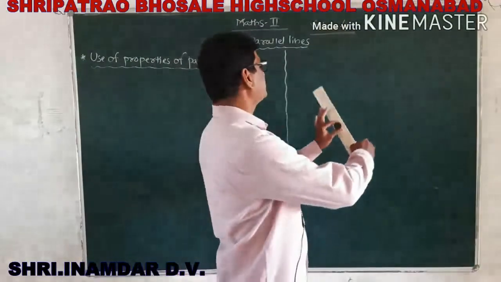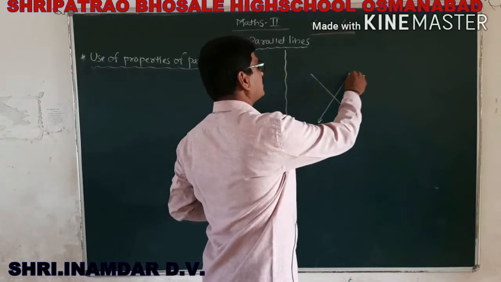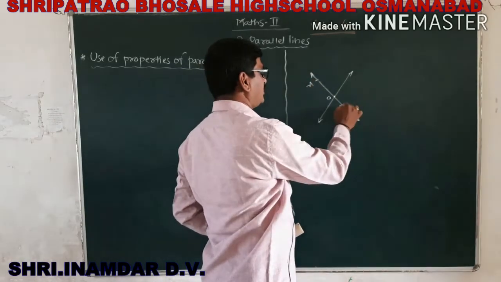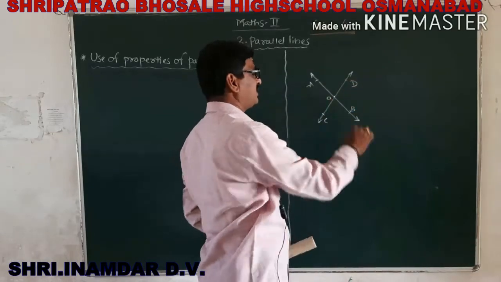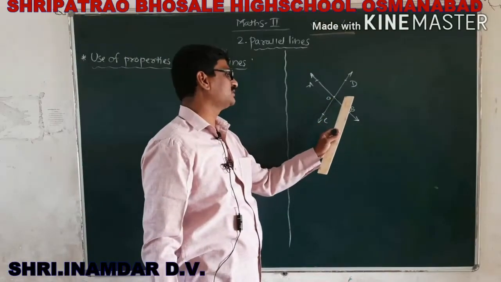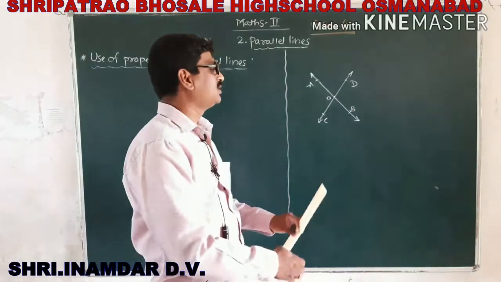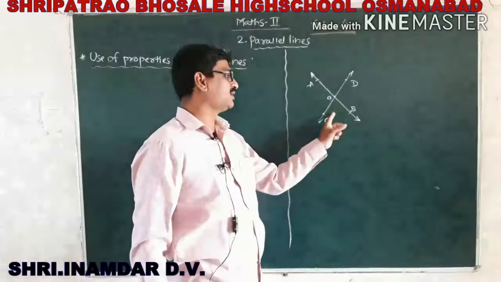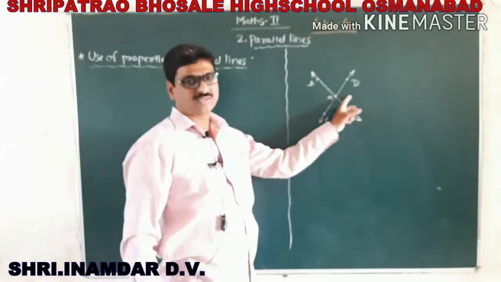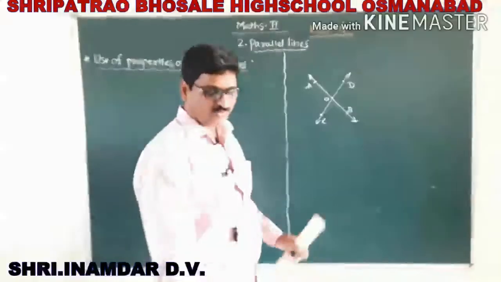In that, the first property is that when two lines intersect each other, they intersect at one point. Suppose the lines are AB and CD and they intersect at point O here. In that property, I said that 4 pairs of vertically opposite angles are formed. Instead, I should say that 4 angles are formed, and from those 4 angles, only 2 pairs of vertically opposite angles are formed. So this will be a correction in video 1.